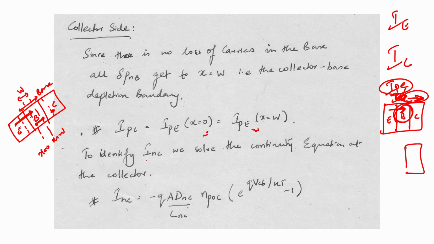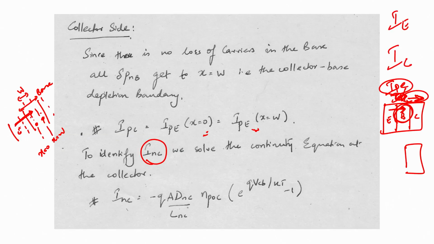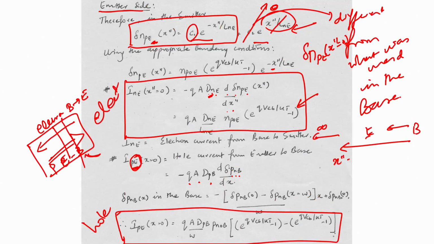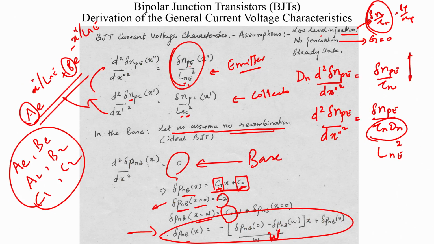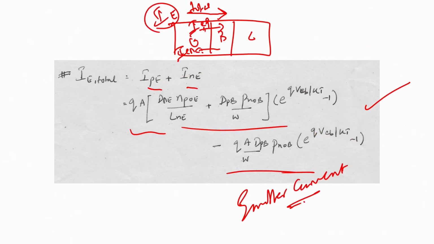Now, to identify the electron contribution in the collector, what do we do? We solve the continuity equation at the collector, and we go through the same exercise, which is to try and identify the solution for the differential equation, solve this differential equation for the collector, and apply these boundary conditions, this one here and this one here. We apply those two boundary conditions, and you will go through the same process like what we did for the